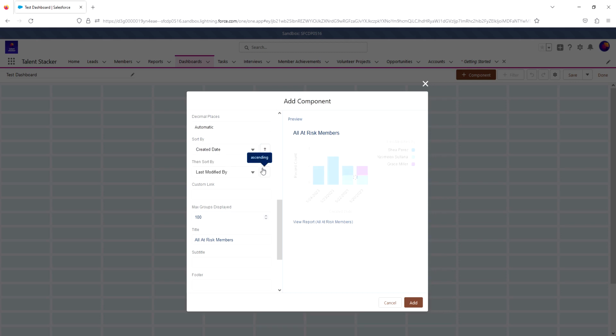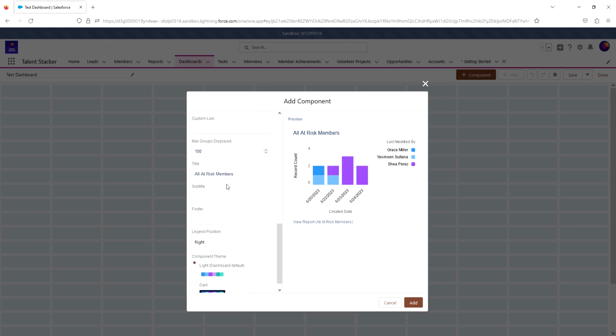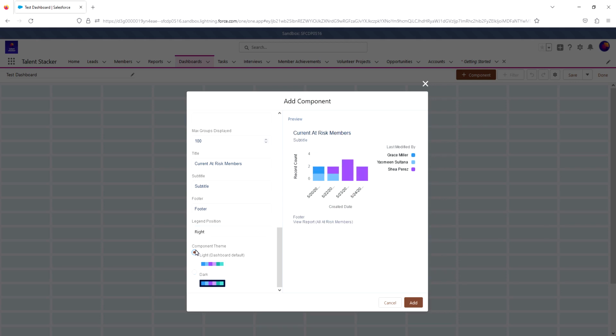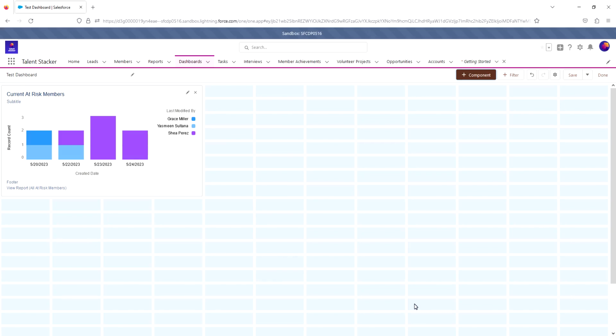Just gonna keep it like that. You can change the title right here. Change it to current at-risk members. If you want to add a subtitle to the chart, you can do that. If you want to add a footer, you can do that as well. And you can change the legend position right here. You can change it either right or the bottom, whichever works for you. As you can see, our subtitle showed up, our footer showed up. You can also adjust the theme. And once you hit add,